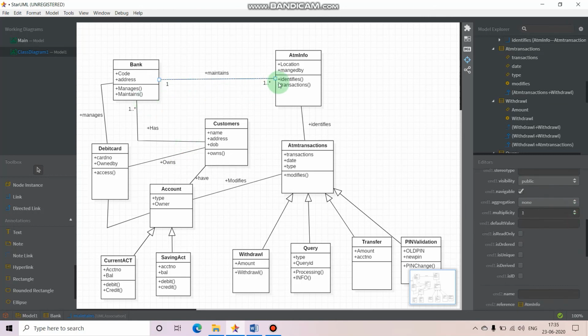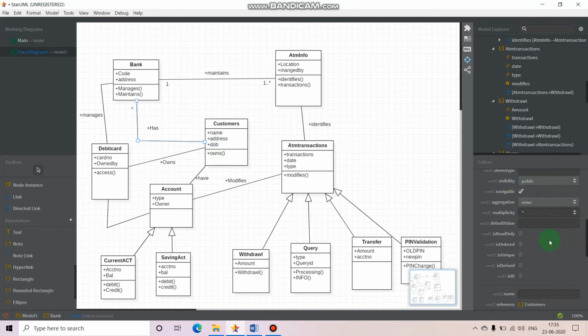See, from this side I have inserted that one bank may have many ATMs, and many ATMs may have one bank. Now at this side it should be one bank, right? So I'll click on this point and then select one. One bank may have many customers.